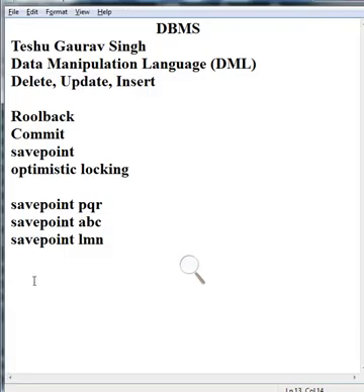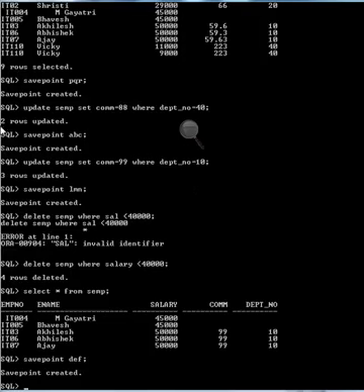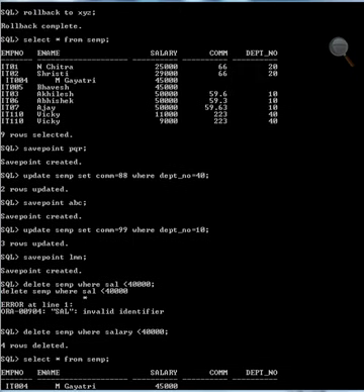Now we have given save point DEF. And what transaction have we done? After save point PQR we have done some updation.